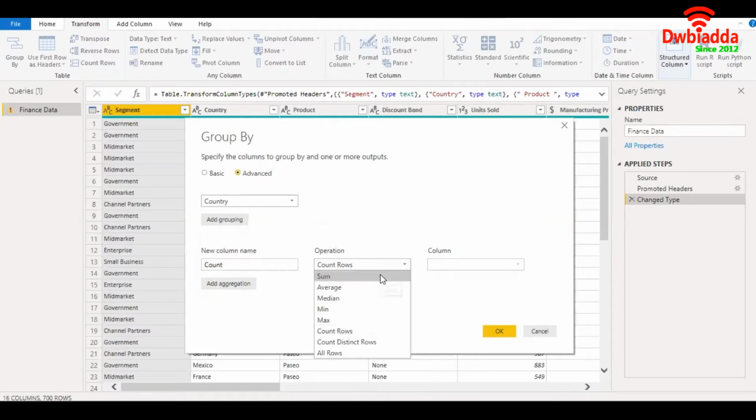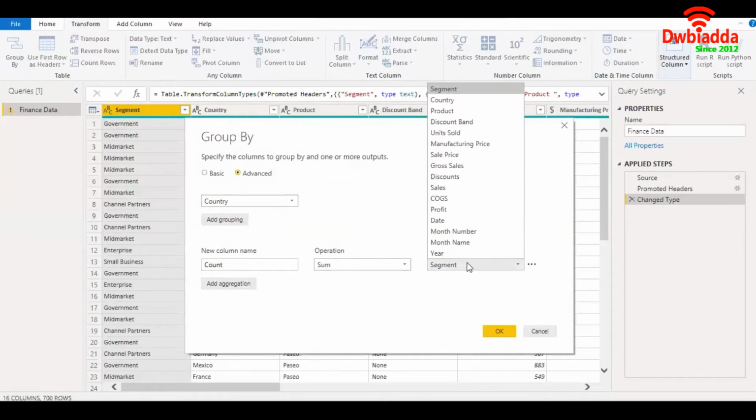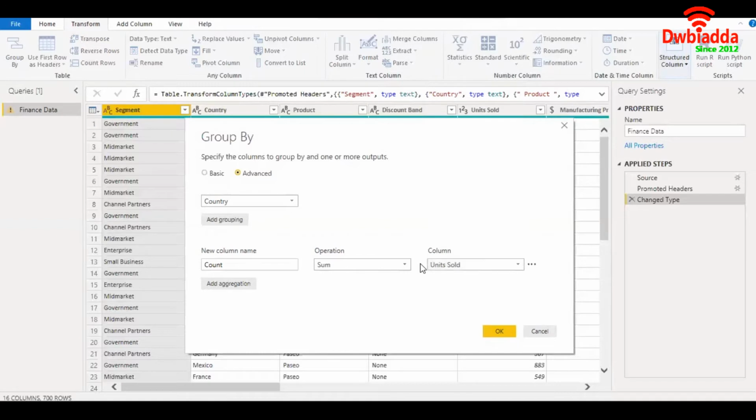So let's start off with sum. So what does sum do for us? The sum basically aggregates the values that we select over here in this column. So it is giving me an option to select a column. So I'll just go ahead and select unit sold. So it is going to summarize or take a sum of all the values in this column. At which level is it going to do that? At this level, at a country level. So it's going to summarize all the values that are present in all the rows at a country level. So I go ahead and give it an intuitive name. So I'll type in total units sold.